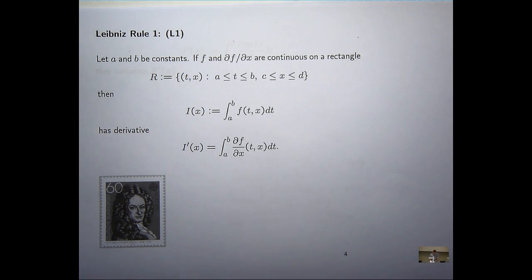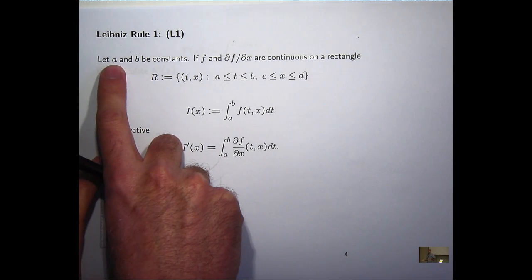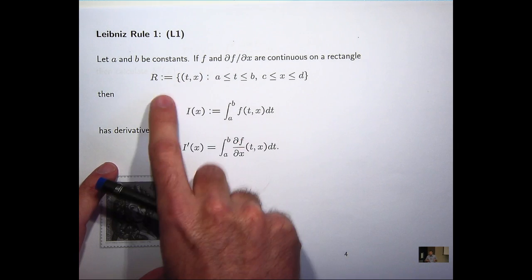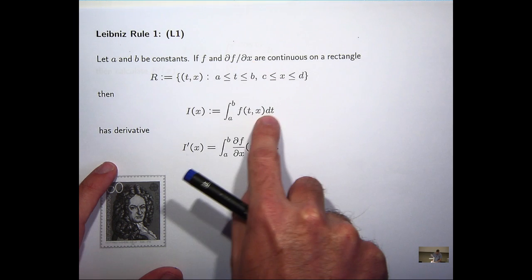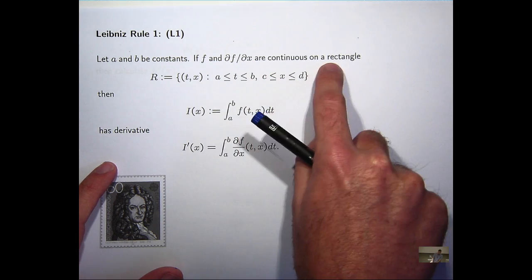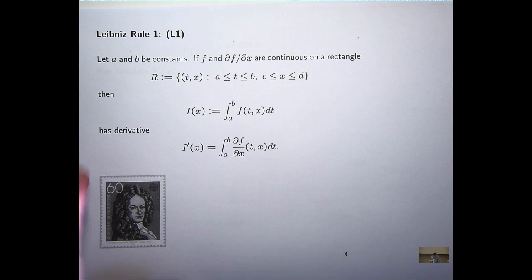This is the most basic version of Leibniz rule. Here's a picture of Leibniz, as you may know, one of the early contributors and instigators of calculus. Okay, well, if a and b are constants and some function, say of two variables, and its partial derivative with respect to the x variable in this case, are continuous on some rectangle like this, then